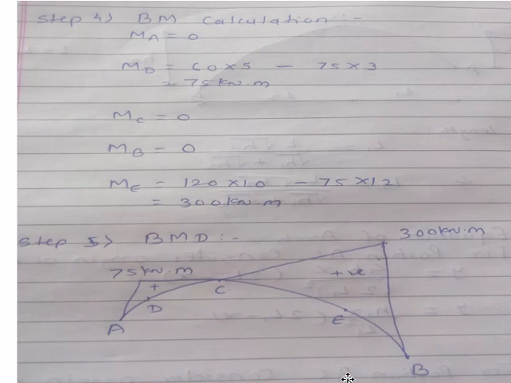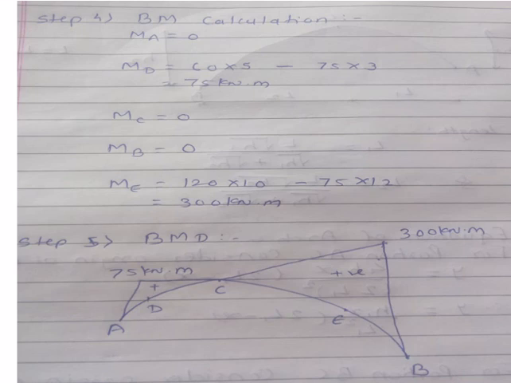You know that this is a 3-hinge parabolic arch. 3 hinge means at two supports A and B, an internal hinge is there, and at support C also an internal hinge is there. So at the hinge point bending moment is 0. So we have to calculate the bending moment at the remaining points, point D and point E. So these 3 points have bending moment 0. When we calculate the bending moment at point D, only HA and RA are there. So 60 into 5 minus 75 into 3, you will get the bending moment at point D equal to 75 kilonewton meter.